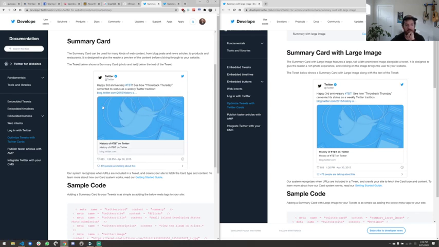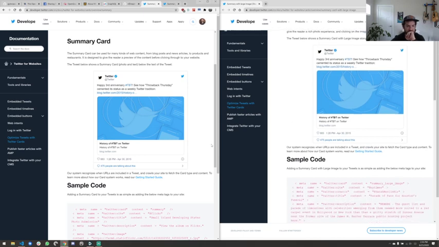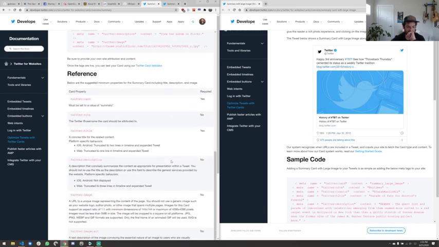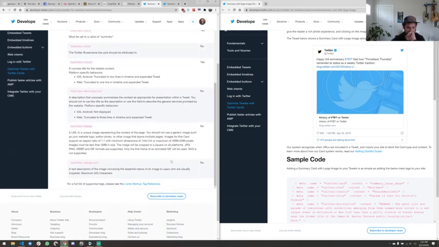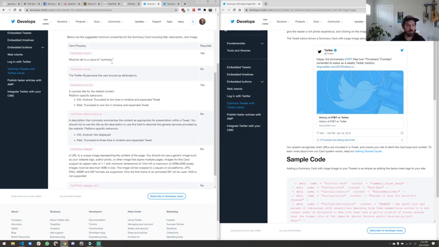Tweet below shows a summary card, photo and text below the tweet, below the text of the tweet. I think these are the same tweet though, right? Cool by me. So we can figure that out.